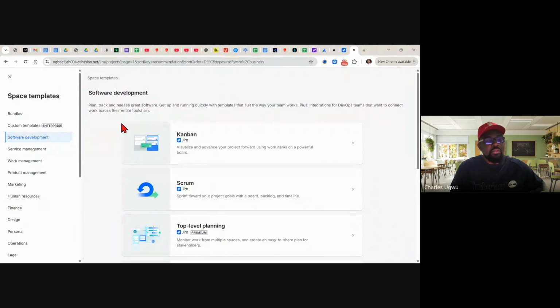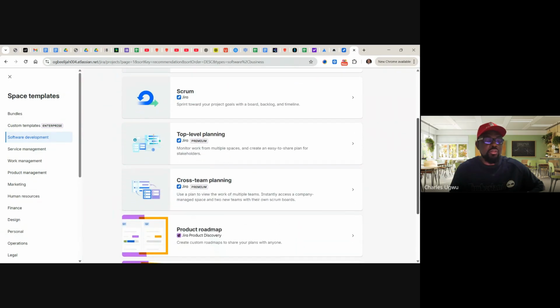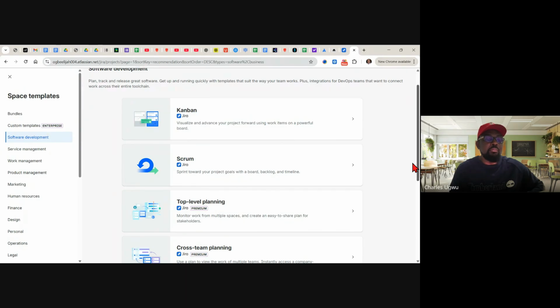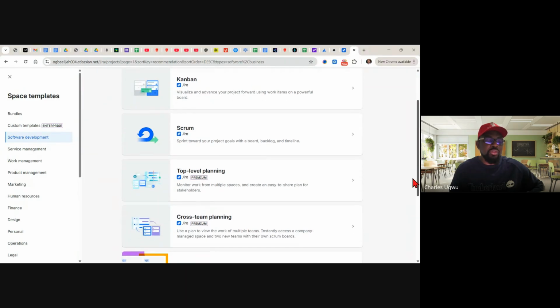And then we can choose which agile framework we want to use. You remember when we treated agile, we talked about Scrum, and we'll talk about Kanban as well.